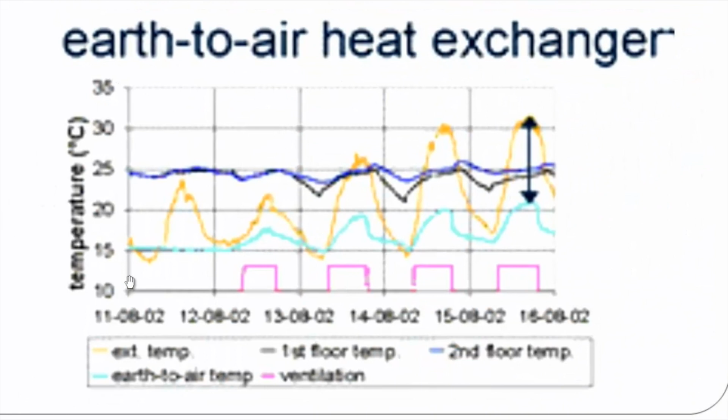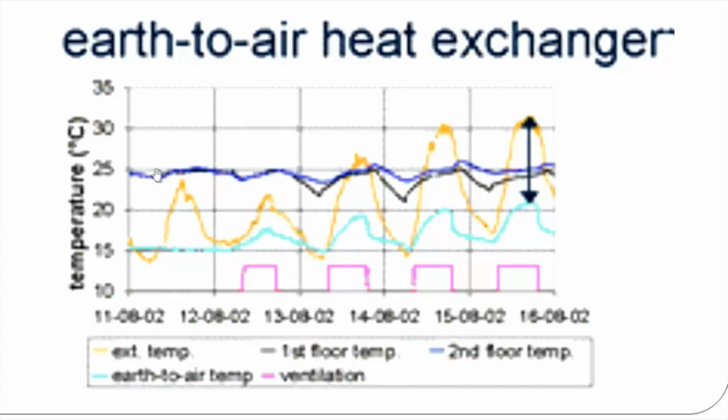Here we can see that the external temperature fluctuates in this manner, whereas earth to air temperature has very mild fluctuations, which is much lower than the outside. You can see that the fluctuation is approximately 10 degrees. If we are able to have the earth to air heat exchanger, the temperature indoors can remain fairly constant and at a much lower temperature than the outside during the hottest part of the year and much higher than the outside during the coolest part of the year.